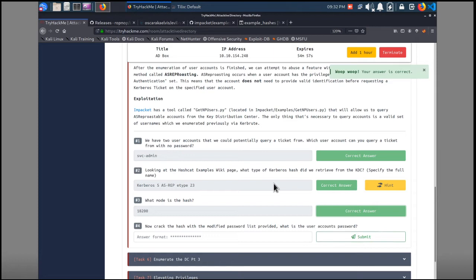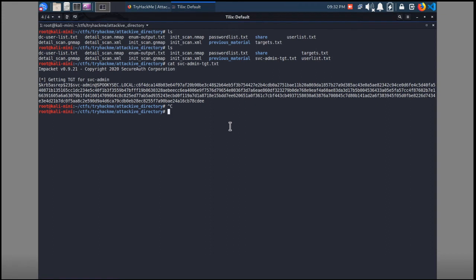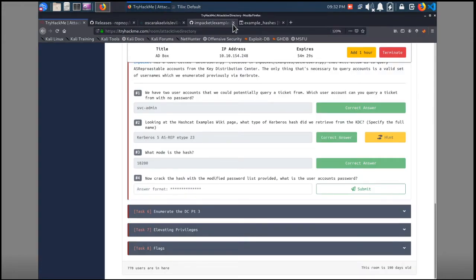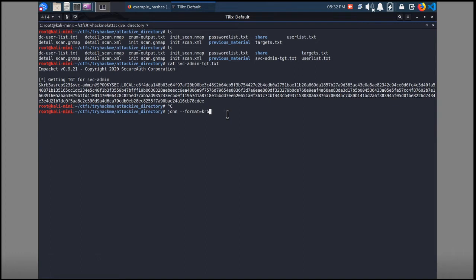What's the user account's password? Again, for this one, Hashcat doesn't work on this system that great, so I'm going to use John instead. For John, what you would do is dash format, and you'd specify that format, which is KRB, it was 5AS something. Yeah, krb5asrep. There's the hash. We want to specify a wordlist, and that's going to equal